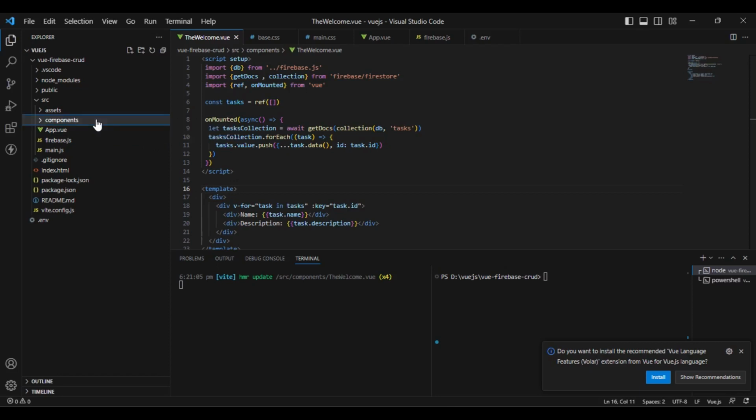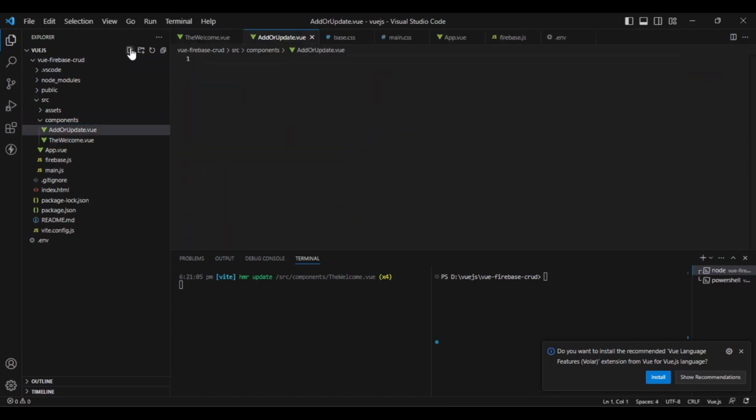Okay, so here I will create the new component, AddOrUpdate.vue, and here I put script setup, and here template, div, and here we need to import a few things. First one will be defineComponent from vue, and